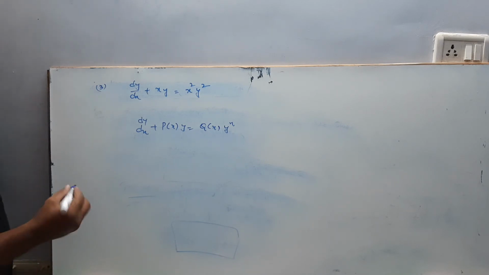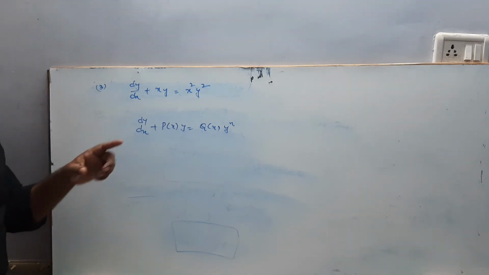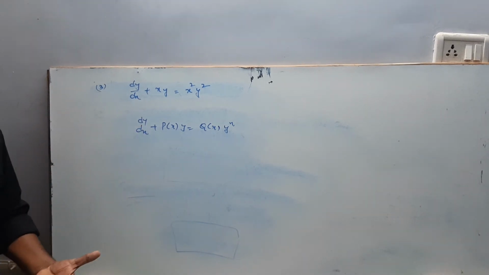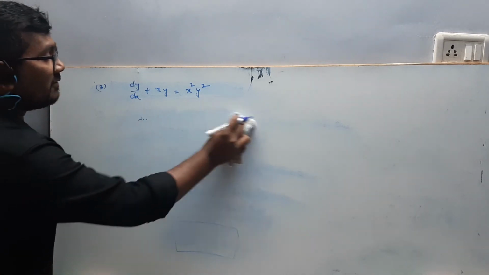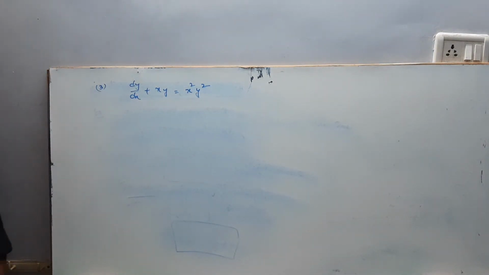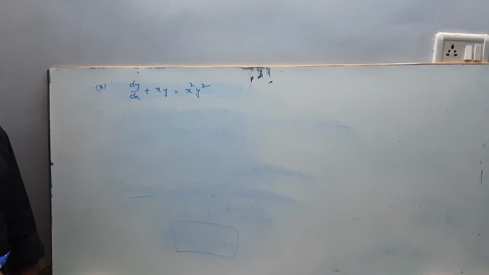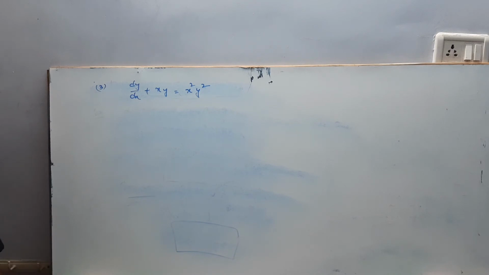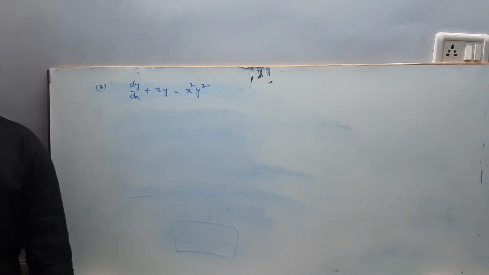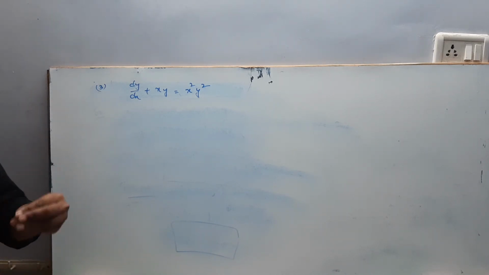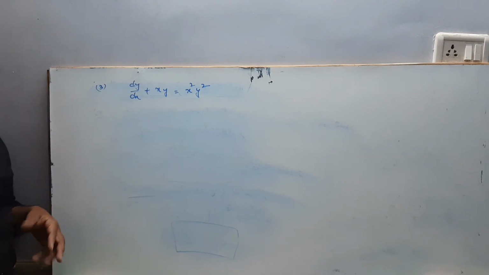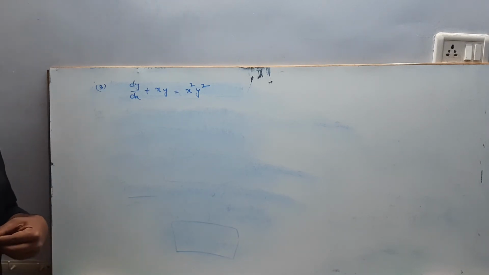Why am I saying this? Since y is my hero. If x is my hero, I should concentrate on x. So if y appears 2 times, as I said, this type of equation is called a Bernoulli differential equation. Now, this Bernoulli differential equation, we have to convert into algebraic, which means we have to solve it. Remember, we do not have special methods to solve a Bernoulli differential equation.